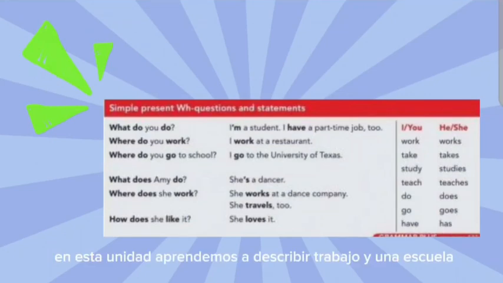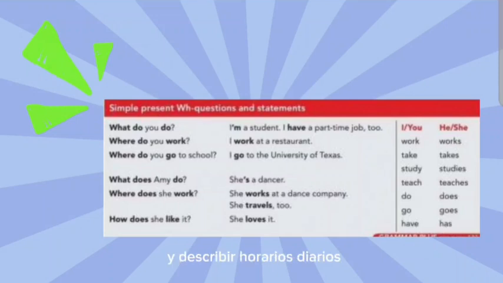In this unit, we learn to describe work and school, ask for and give opinions, and describe daily schedules. The basic structure is WH word plus do/does plus subject plus base form of the verb plus rest of